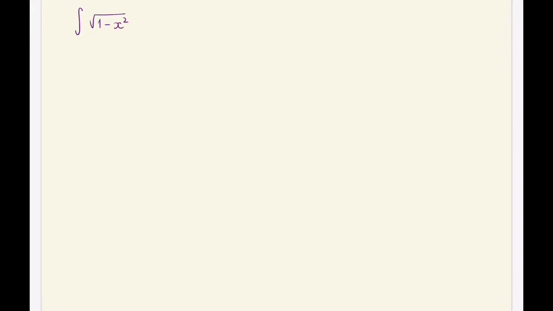So let's start off, grab a blank piece of paper because this is going to be a lengthy process. And what we'd like to do is figure out how to evaluate the integral of square root of 1 minus x squared dx. So based on the previous discussions, what I would like to do is substitute x equals sine theta for some angle theta that I'm not going to specify, and then see how this works out through the